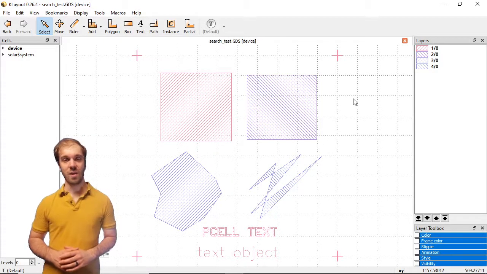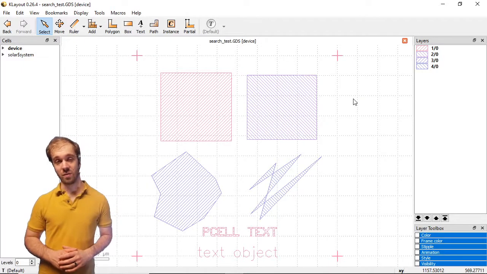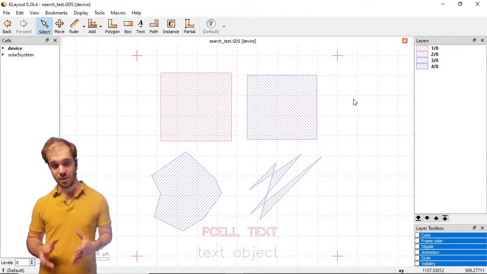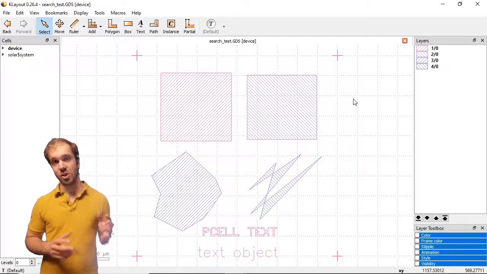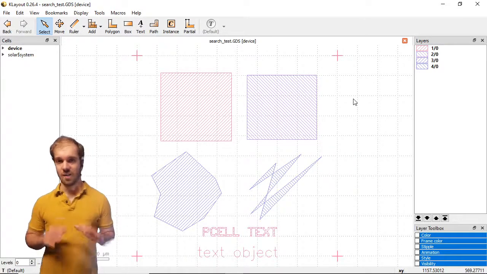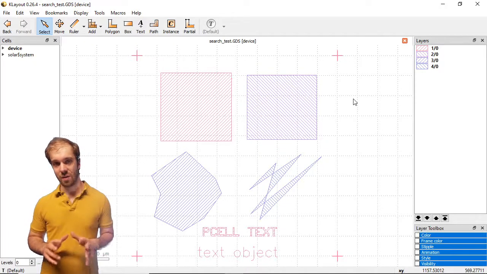In this video, we'll be having a look at the Search and Replace feature of KLayout. This feature allows us to search through the various shapes and cells in our layout based on a set of conditions that we define. Once those shapes are identified, we can apply some basic modifications to them or replace them altogether. This seemingly simple concept is actually very powerful for editing your pattern and can make your life a lot